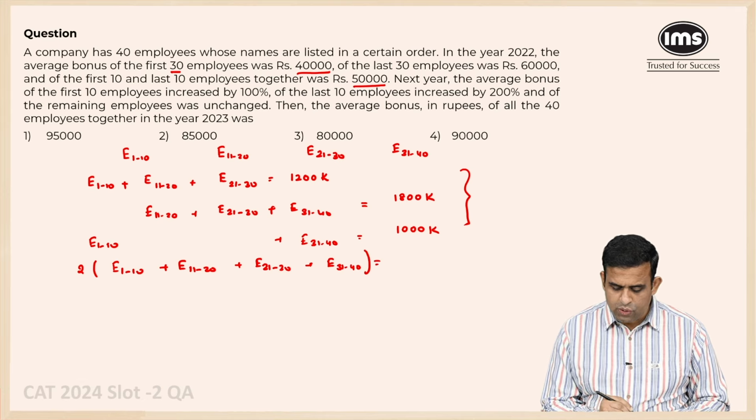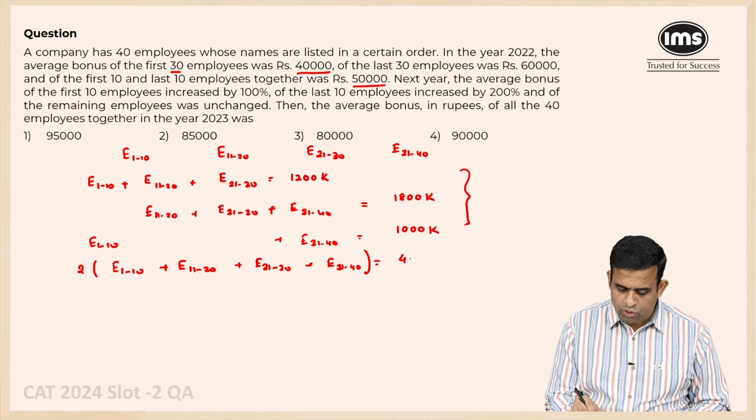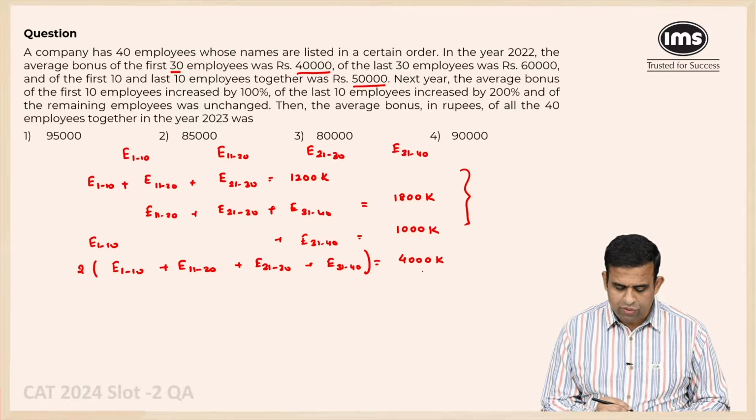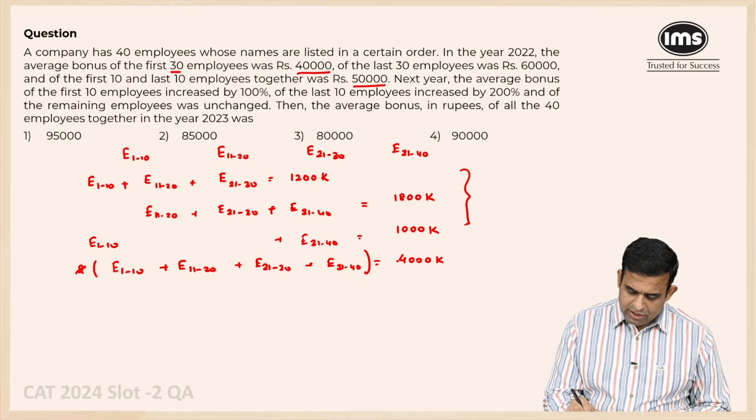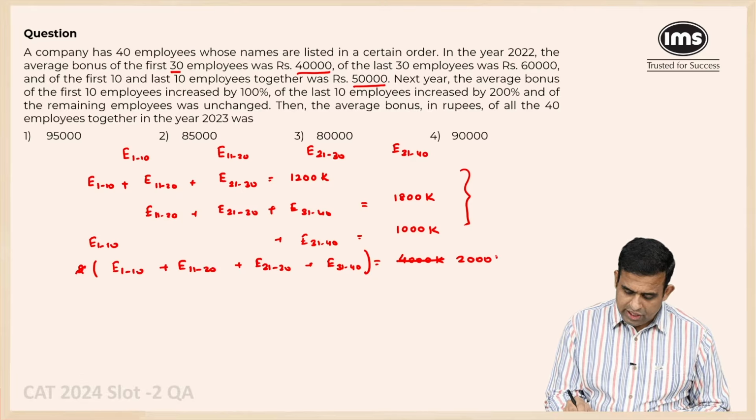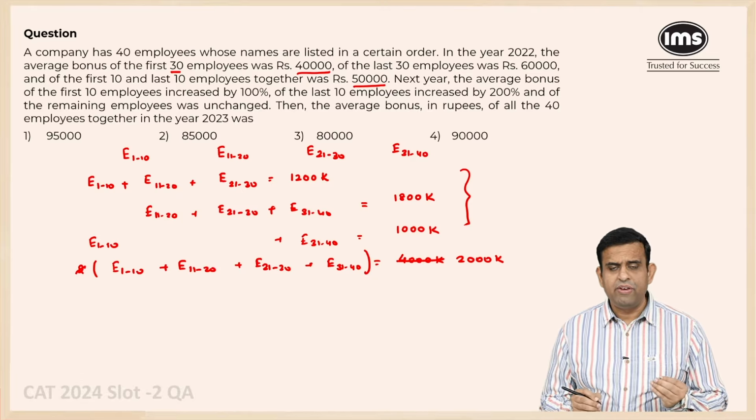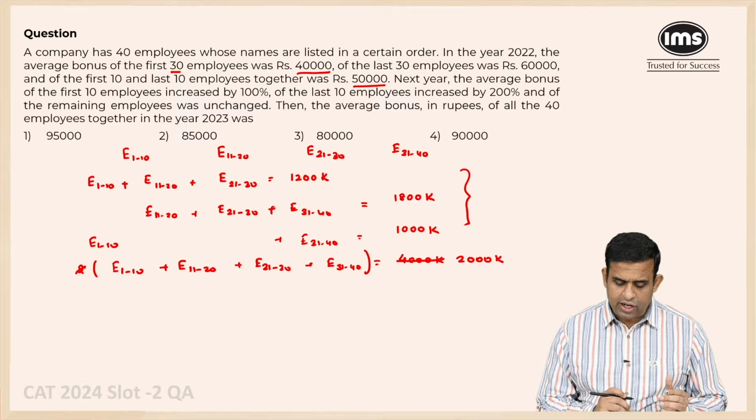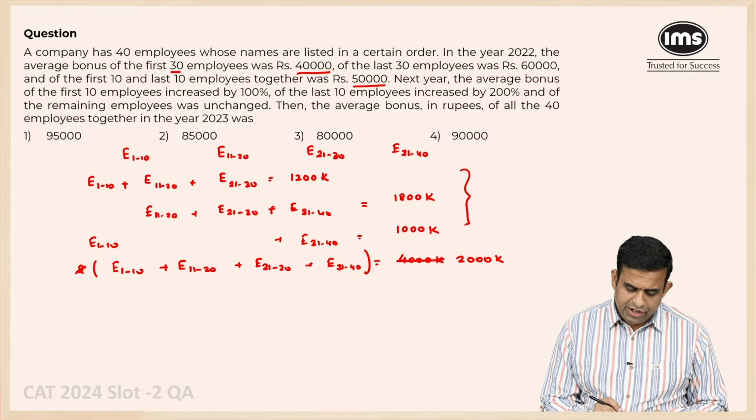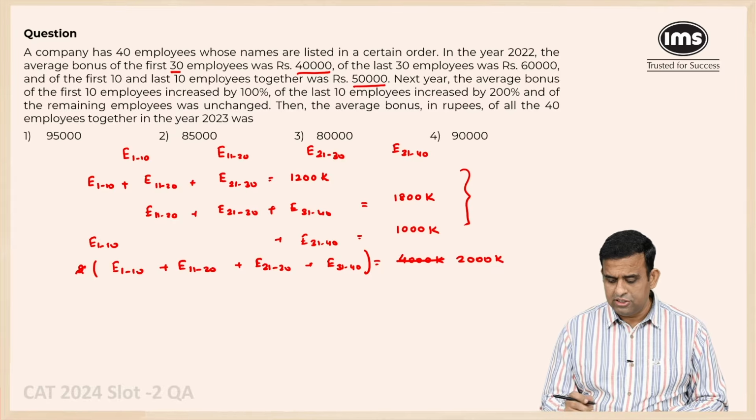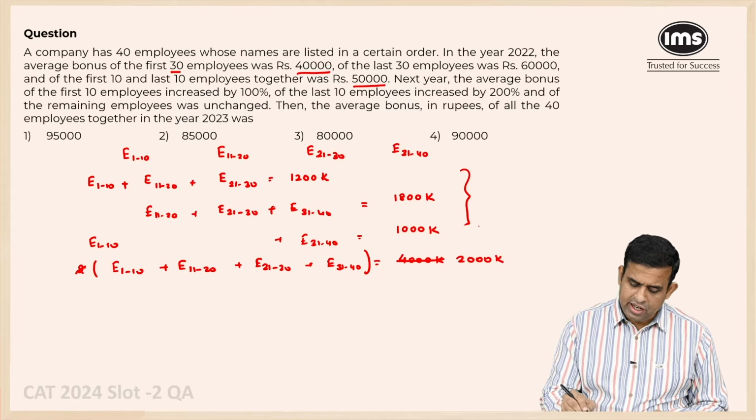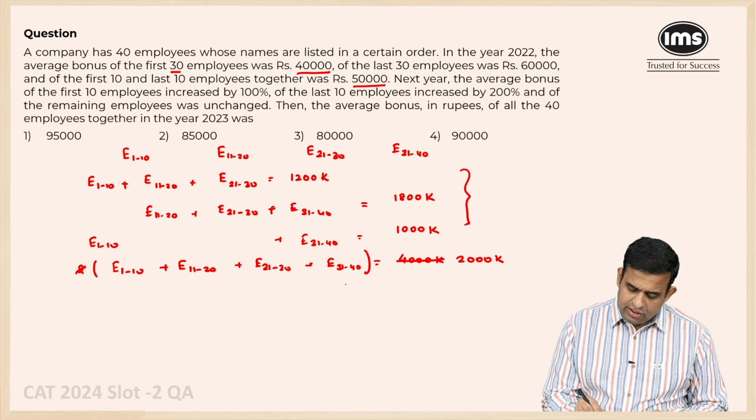This total must be equal to 4000k over here. And if I divide by 2 now, this will become 2000k. And from this, I will get very important information. And what is that? So if I look at the first equation, I know the first 30 total is 1200k, and all 40 is a total of 2000k, which means E of 31 to 40 is equal to 800k,